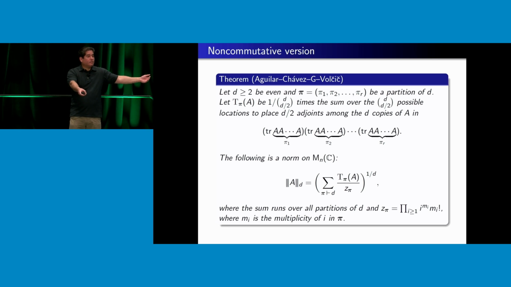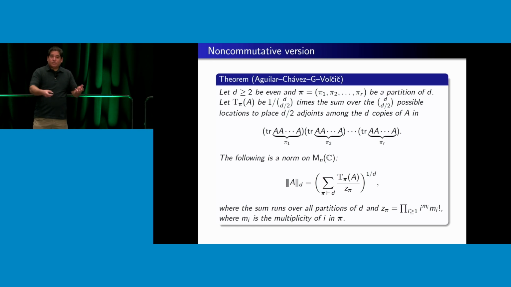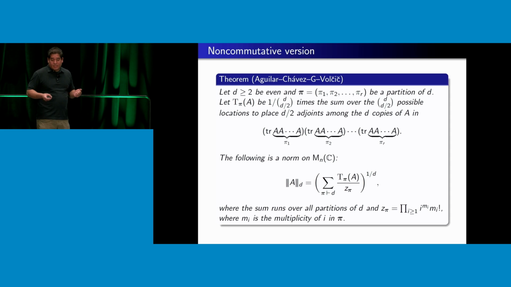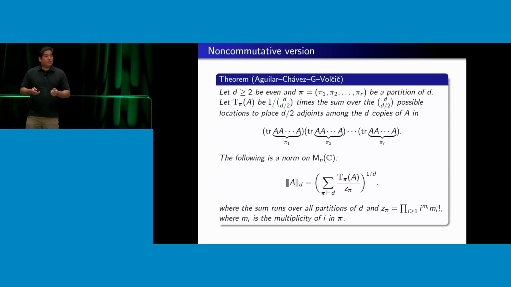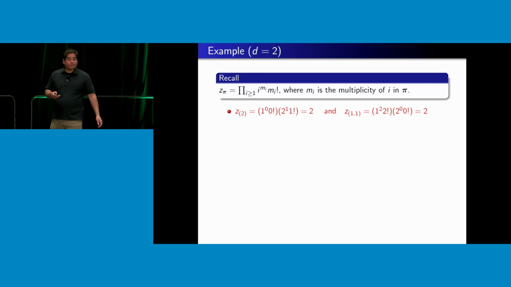I mean, you could never have told when I asked you about packaging chicken nuggets that it would lead to these strange norms that are combinatorially inspired here. But interestingly, now I've got these norms on all the Hermitian matrices. And it turns out that these are generalizations of the CHS norms.